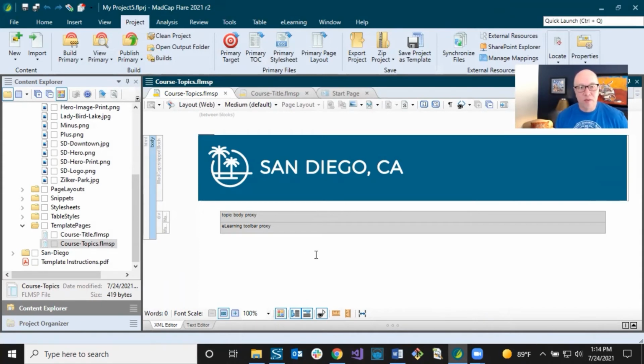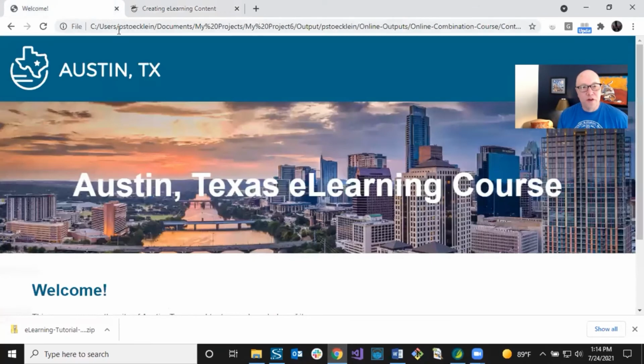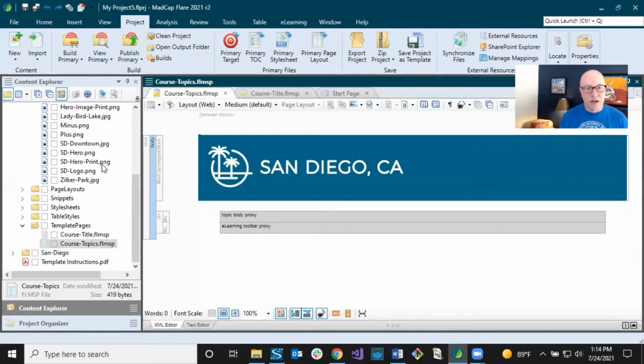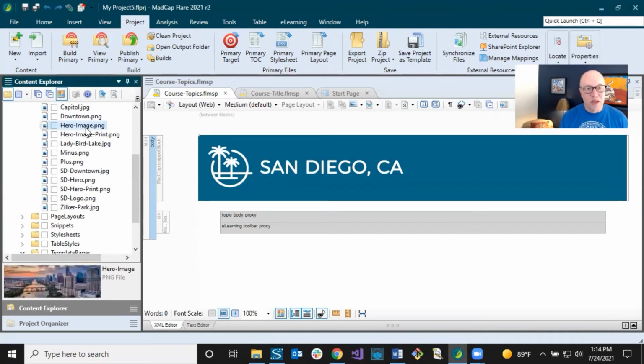Now, the other thing that we want to change is that hero image. If you remember back on the first part of the first page of this, we have this big image in here, and that's called the hero image. And so we want to change that out. And typically, hero images are pretty big. And if you just wanted to change something out that was about the same size as this, well, the easy thing to do is go into your project, and you can look at, so this is the hero image that